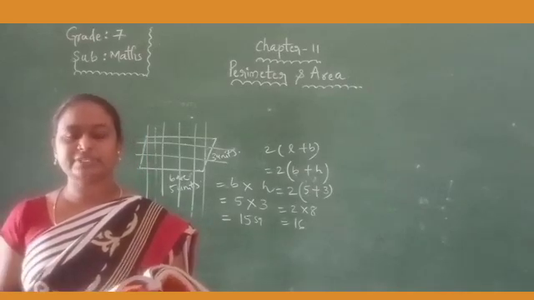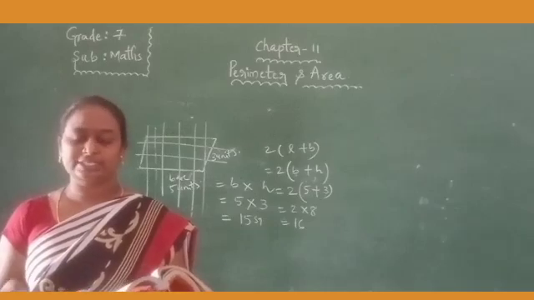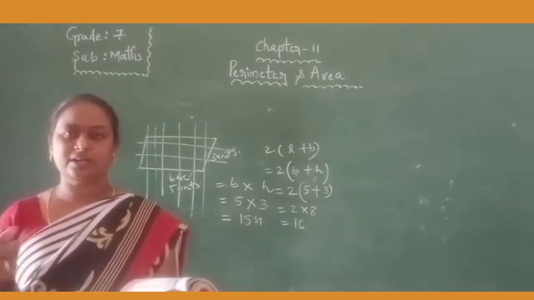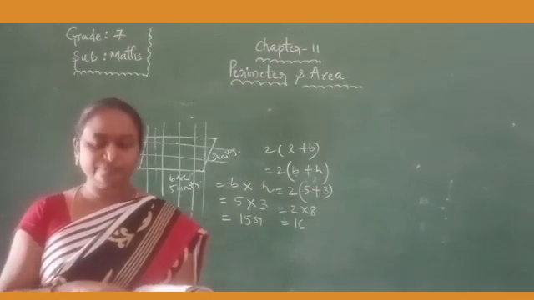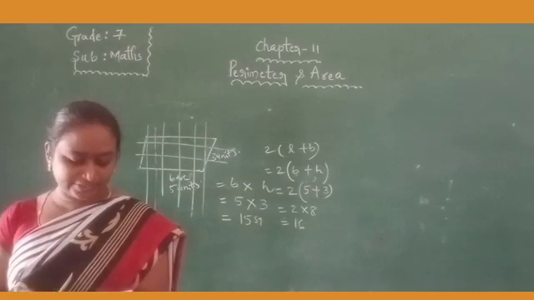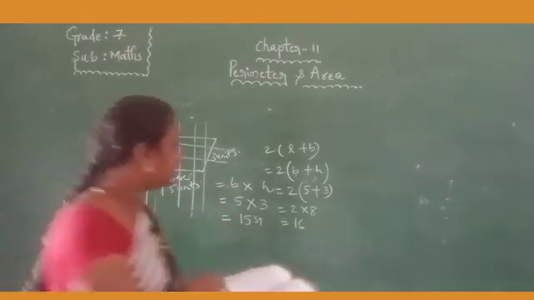Okay, so after you have to find the perimeter. Then only you can say whether all the perimeters are equal or not. So that one you have to solve. Okay, children, this one I am giving to you as homework. You have to solve it neatly. So what is the homework?